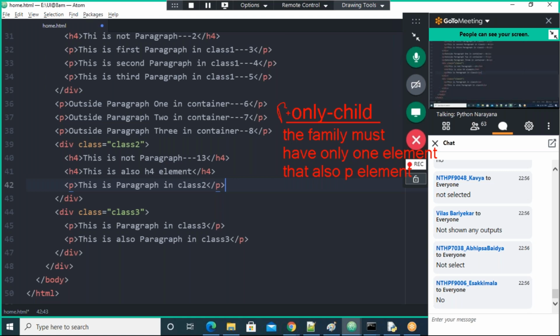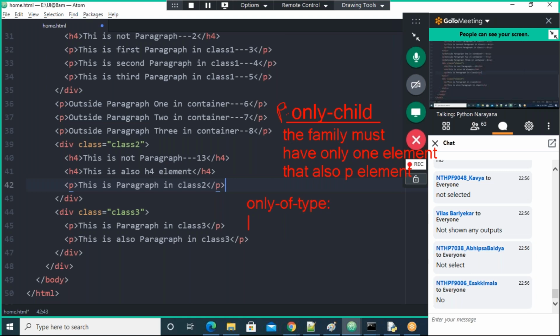What does it mean here? That parent must contain only one element, and that also must be the paragraph. Now, if you take the current one, what is it? Only of type. What does it mean here?